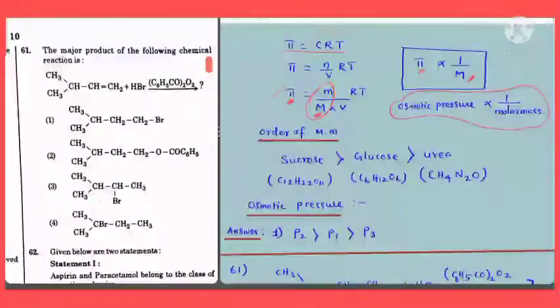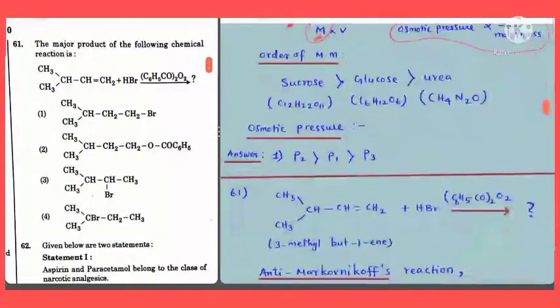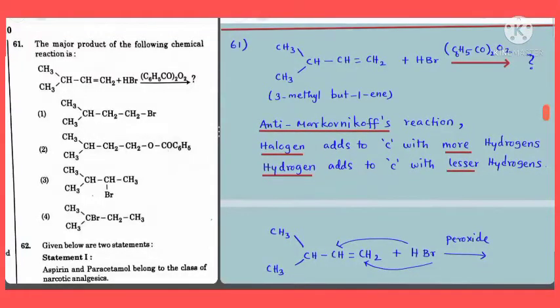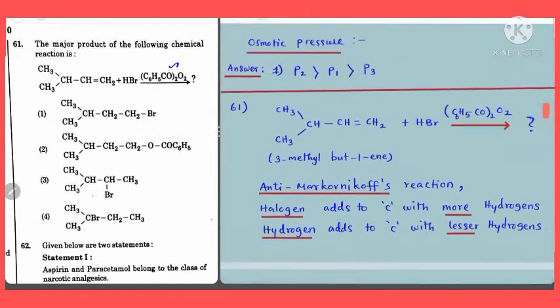So let us come over here. What is the major product obtained in the following reaction? This is a reaction between an alkene and hydrogen halide in presence of a peroxide, benzoyl peroxide. A reaction between an alkene and HBr in absence of peroxide is the Markovnikov reaction. But here we do the reaction in presence of peroxide, so it is the anti-Markovnikov reaction.